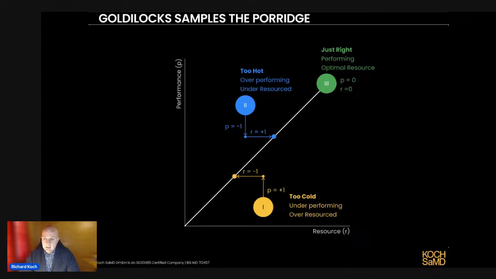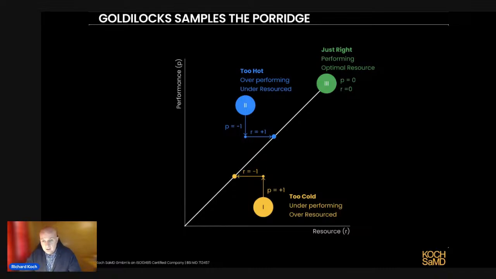But again, on the resource side, versus the dot where they should be, if we drop a line from that dot to the x-axis, we can see their resource should be here. But if we drop a line from the center of the big circle to the axis, they're here. So again, to get them on track, we need to reduce their resource. So what does that mean? They're over-resourced and they're underperforming. So that's our too cold porridge, okay? They're not doing what they want and they're consuming too much resource, not doing what they should be doing.